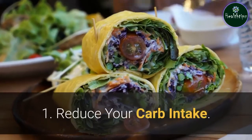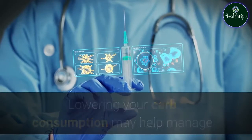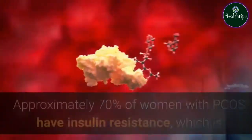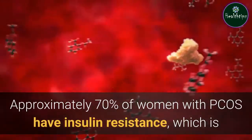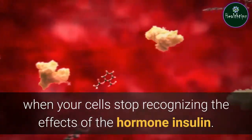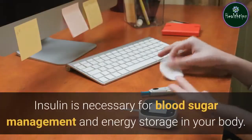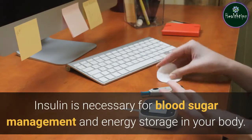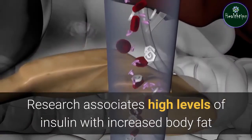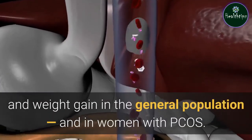1. Reduce your carb intake. Lowering your carb consumption may help manage PCOS due to carbs' impact on insulin levels. Approximately 70% of women with PCOS have insulin resistance, which is when your cells stop recognizing the effects of the hormone insulin. Insulin is necessary for blood sugar management and energy storage in your body. Research associates high levels of insulin with increased body fat and weight gain in the general population, and in women